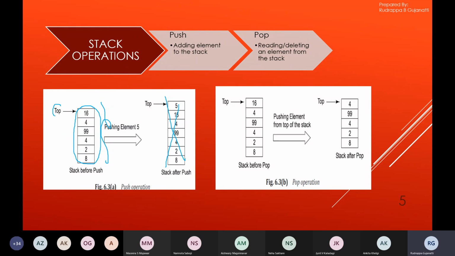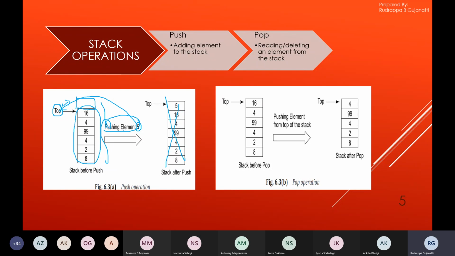So when the stack is full and we try to increment this pointer, we get to know that the stack is already full and I cannot increment and get access to a new memory location. If you're trying to perform the push operation, what is push doing? Push is getting access to the element, incrementing the pointer and storing the element in the new location, but the stack is full.